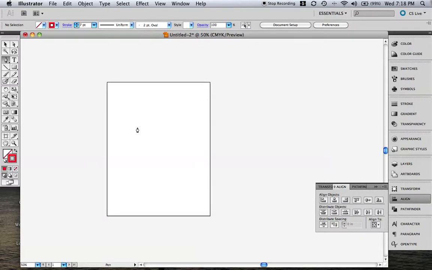Okay, so now we're going to move on to curved lines. So I'm just going to show you something, and then I'm just going to let you play around a little bit, and I'll talk with you guys in our next class. So basically what it comes down to is this. With the pen tool, if you can draw